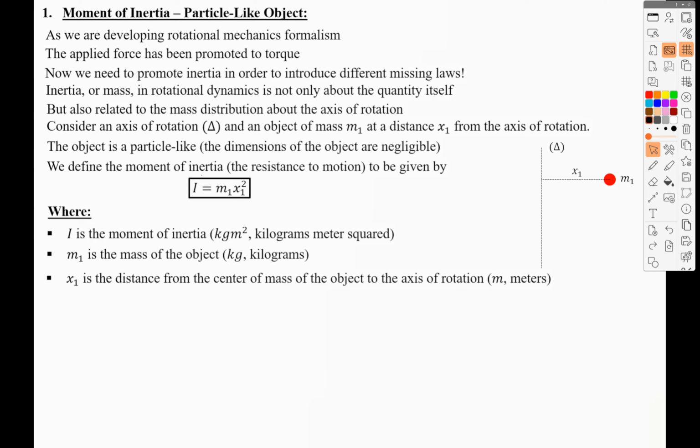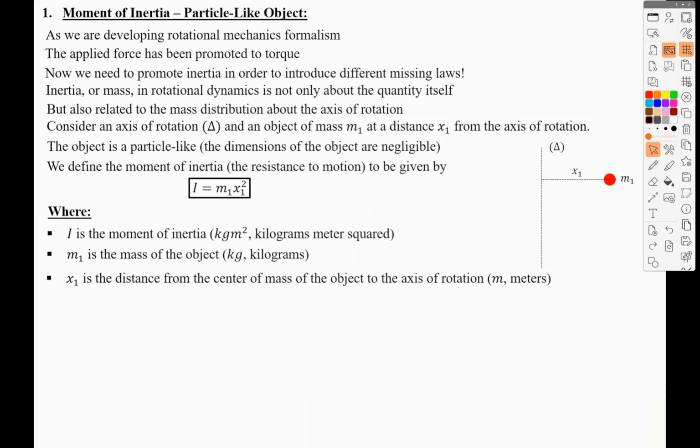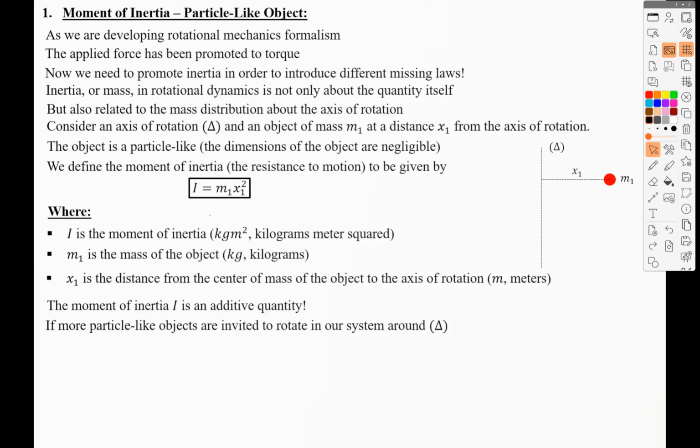Now, what I'm trying to say here is that the analogy of mass in rotation would be the moment of inertia, because it's not only about the mass itself, it's about the distribution of mass along the axis of rotation. The moment of inertia I is an additive quantity similar to mass, which means if more particle-like objects are invited to rotate around delta in our system, like m2, m3, m4, then the total mass or the total